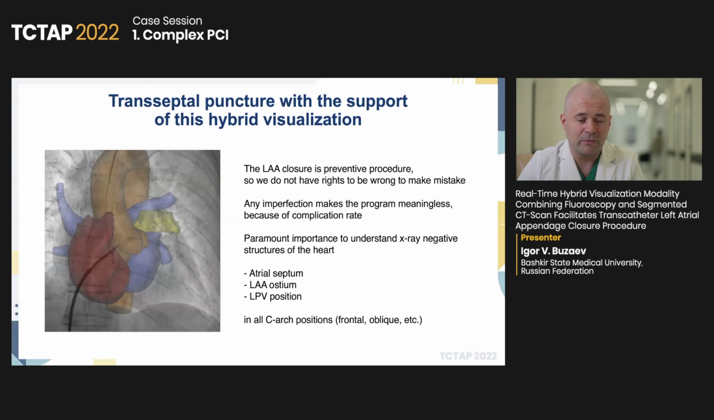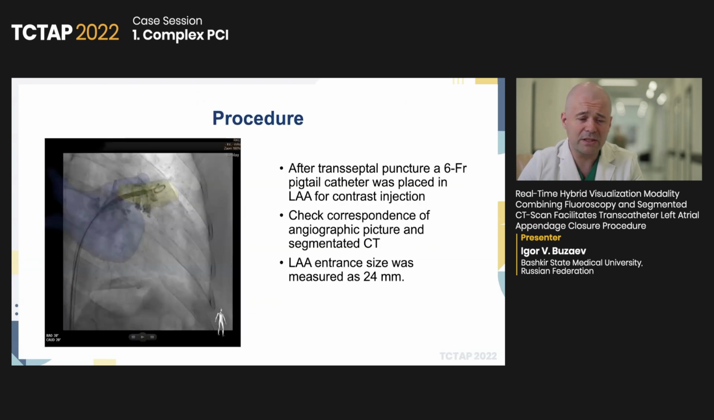And during the transeptal puncture, it is of paramount importance to understand X-ray negative structures like the atrial septum, the LAA ostium, or the LPV position in all C-arm positions. So after transeptal puncture, a pigtail catheter was placed in the LAA, and we did the contrast injection, and you see that